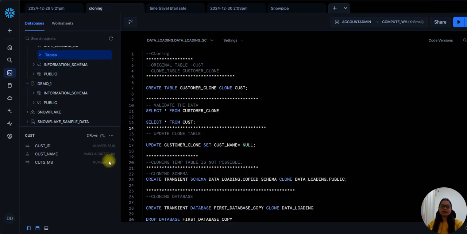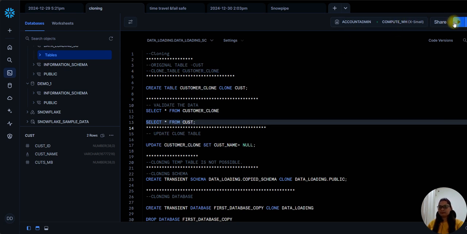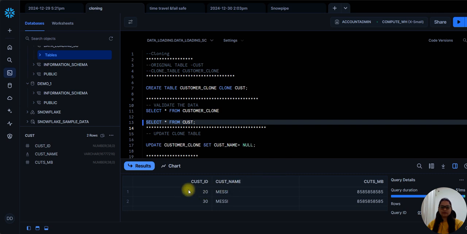So this is the Snowflake console page. Let me show you the customer table. This cust table is my original table and we will clone it into a customer clone table. We will create this new table. So let me show you this table. We will validate. You can see there are customer ID, customer name and customer mobile number, and there are only two records. So now we will create the